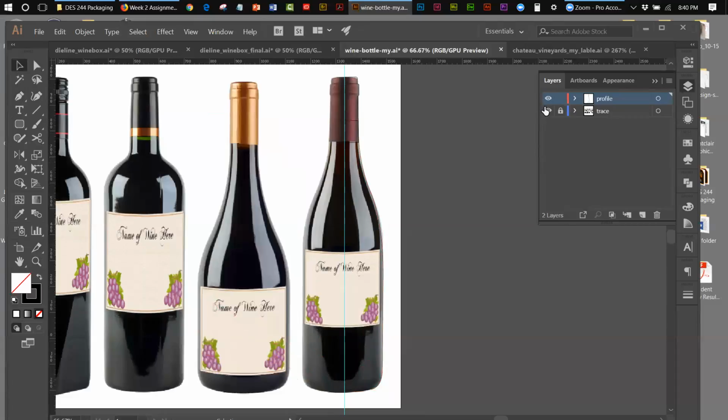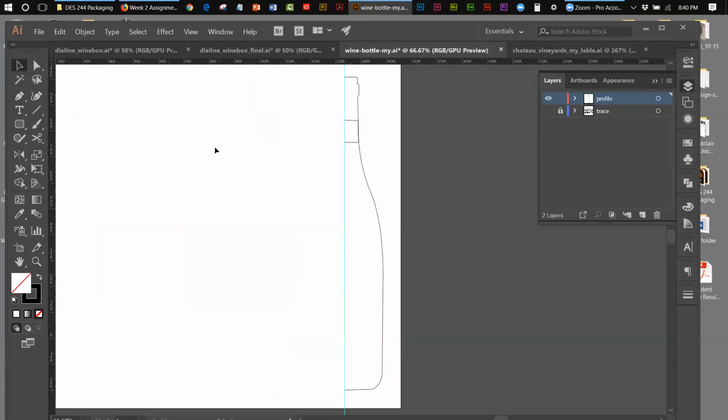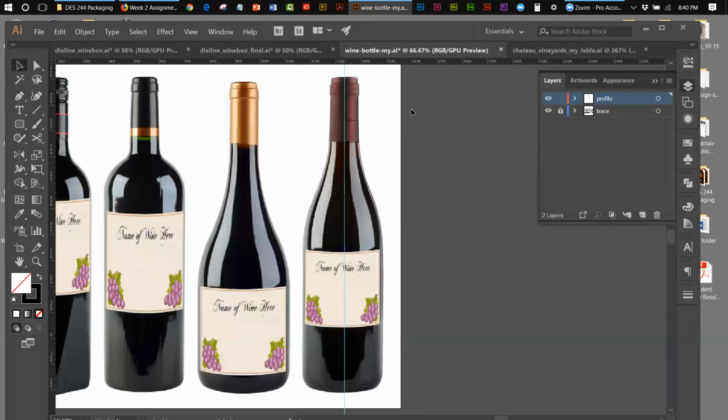Let's go to the trace, hide the trace. Do you see what I got? I have a bottle shape right here, and I have a cap shape right there. So what I want to do now is I want to bring back my trace, and I want to select my cap,